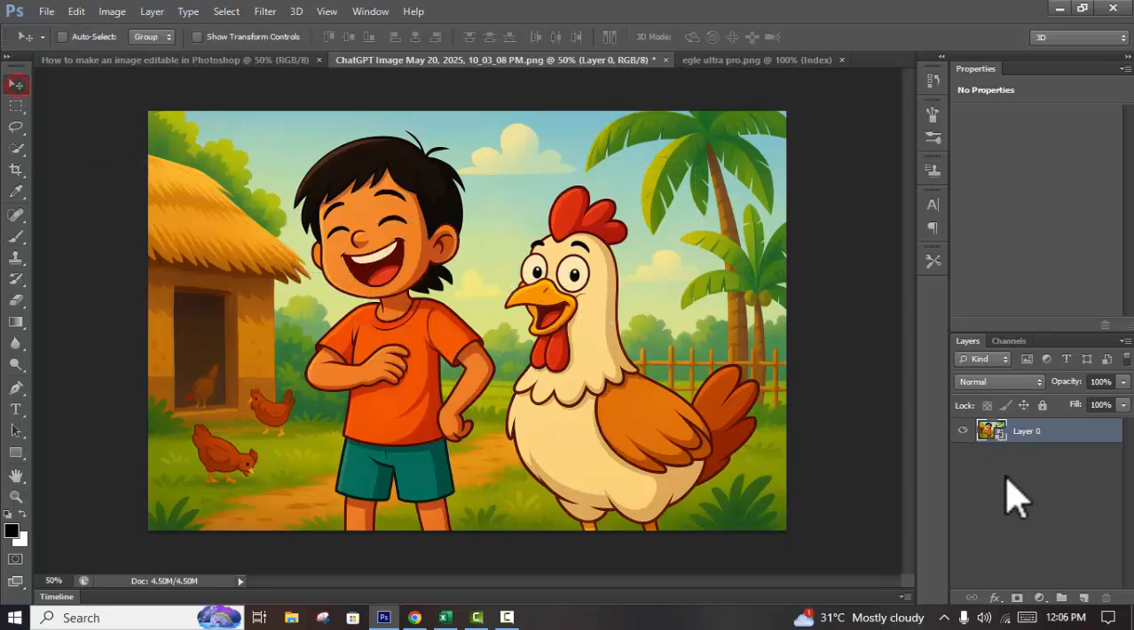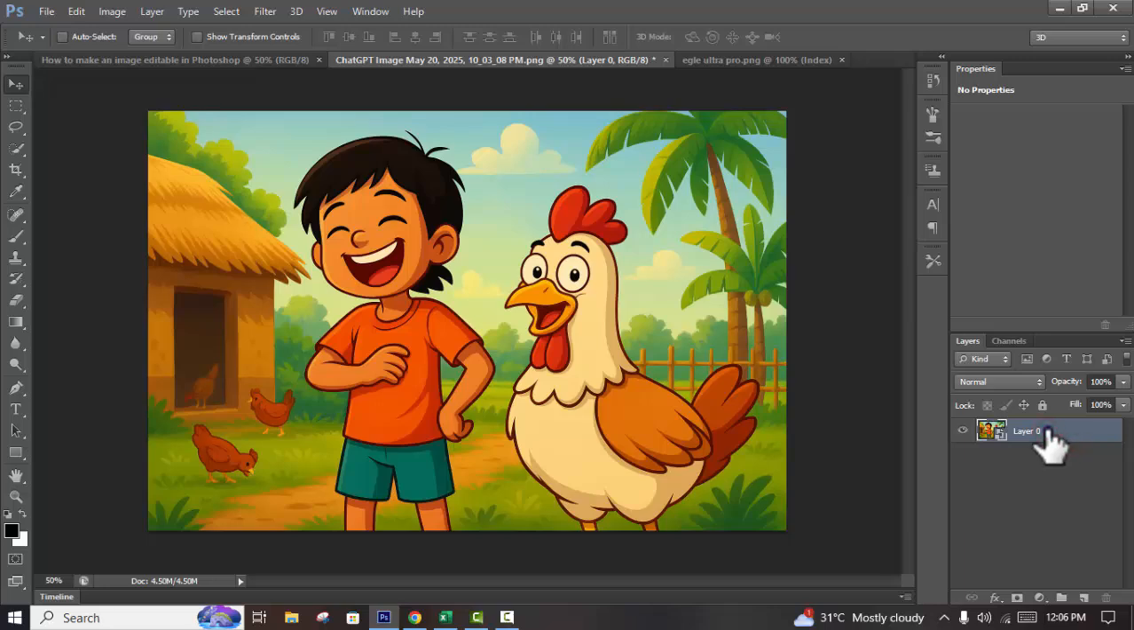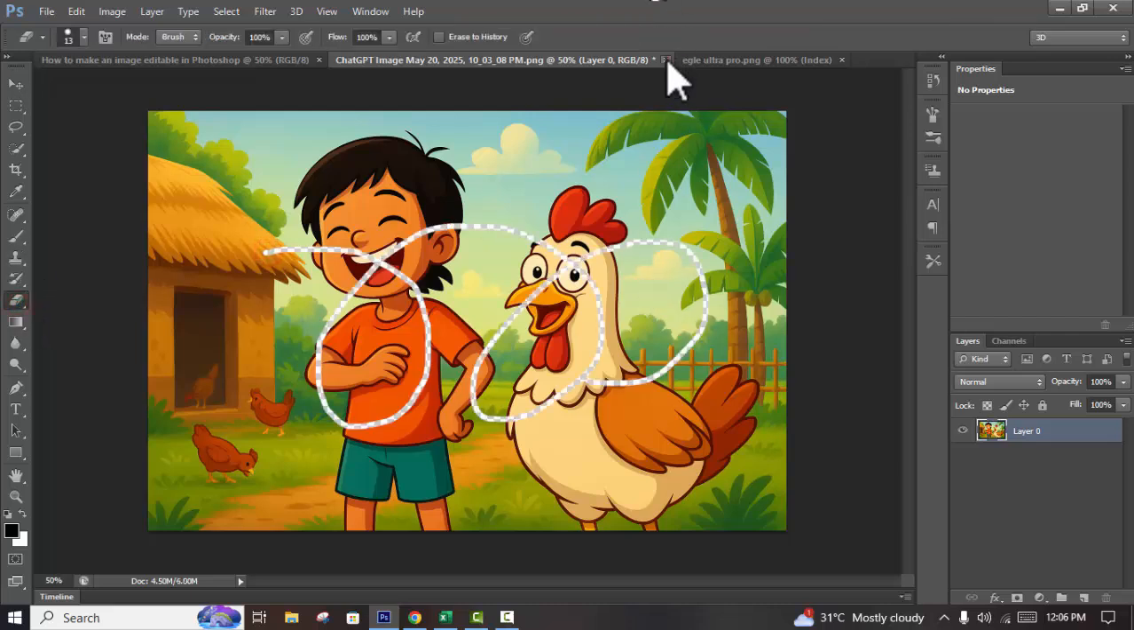And step 2, edit smart object. Select, click the layer, right click on your mouse, rasterize layer, then apply this. Okay, and step 3,